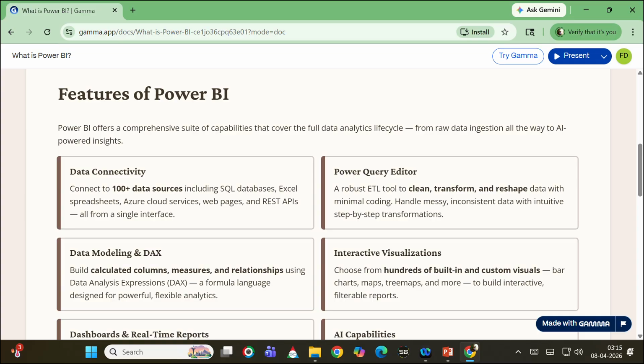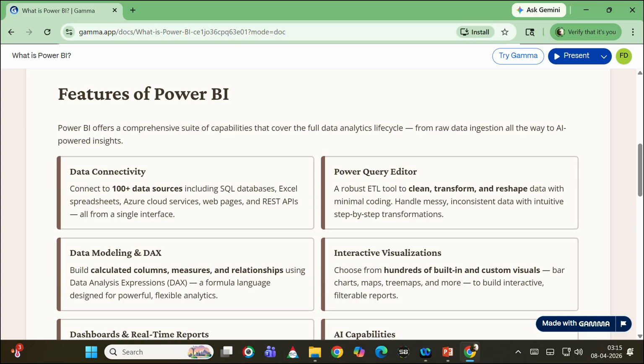So when you dig the data, you have to do different kinds of steps. One is you have to collect the data, you have to store the data into the data store, then you have to extract what you want to analyze, then you have to clean it, then you have to transform all your recorded data into a common format, you have to remove unwanted ones. Okay, likewise you have to reshape your data, you have to make your data ready for analysis. Okay, and that you can do very easily with Power Query Editor.